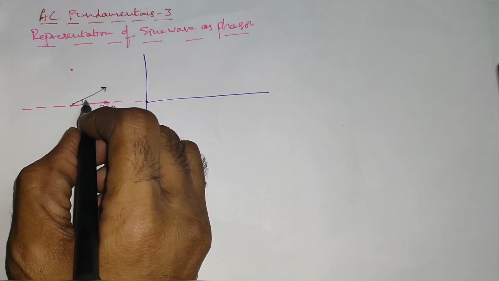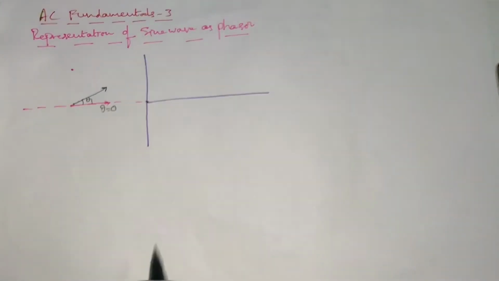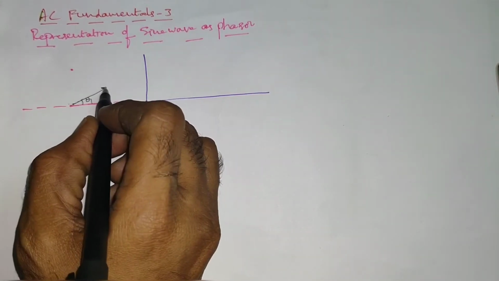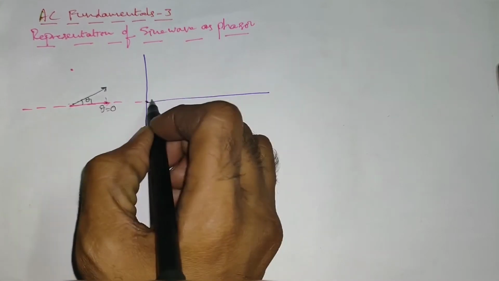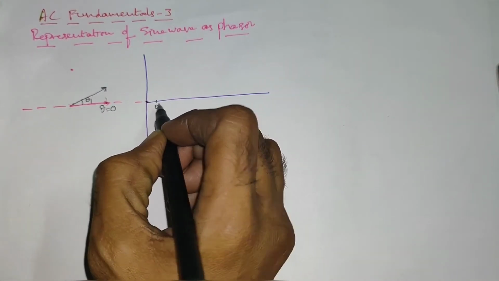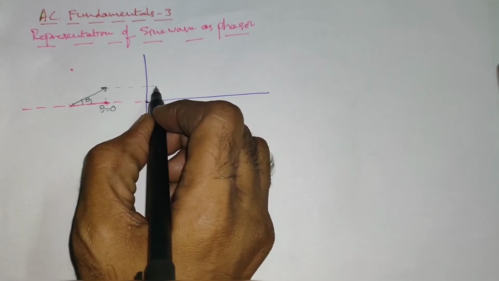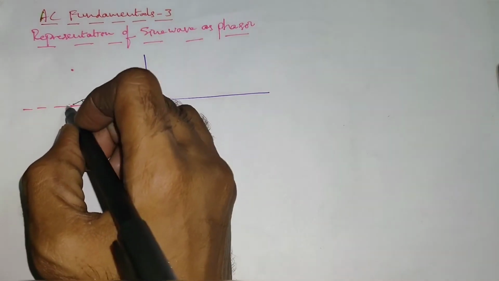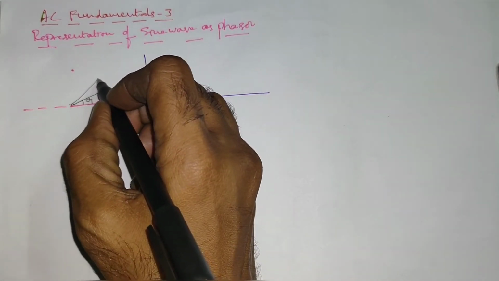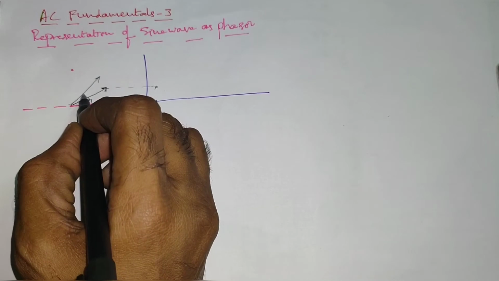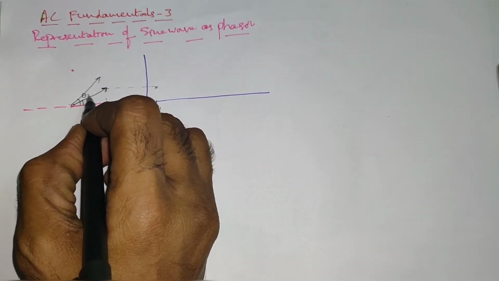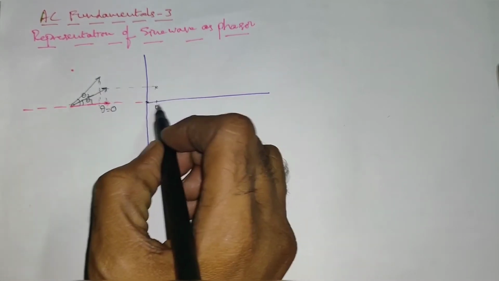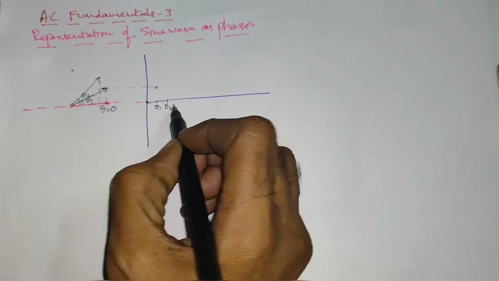Let us suppose the vector moves through a certain angle. Let us say this angle is some theta 1. In this position, the component of this vector along the y-axis will be this much. At theta 1 we are going to have a magnitude of this length, and when the same vector moves through some other new position, say this is theta 2, this will be our magnitude along the y-axis.